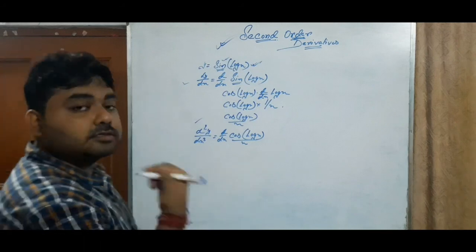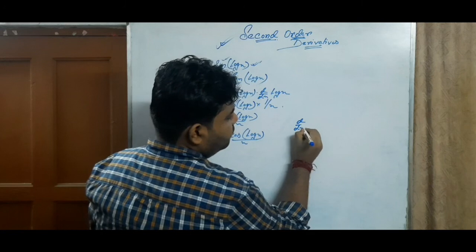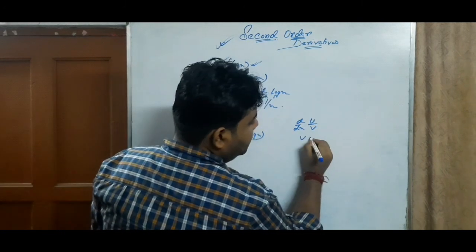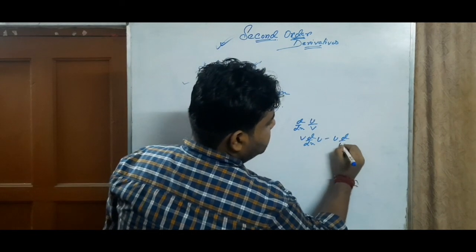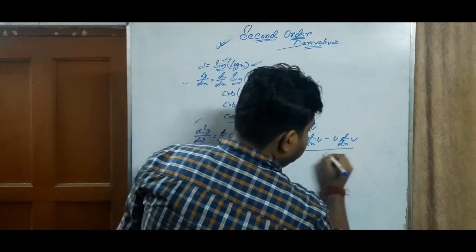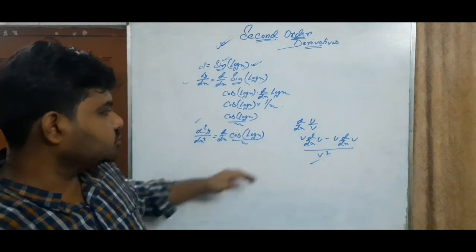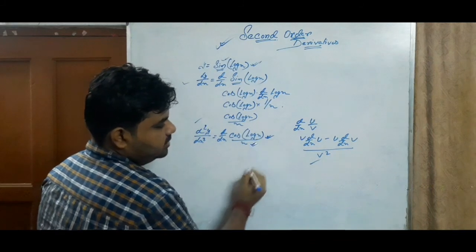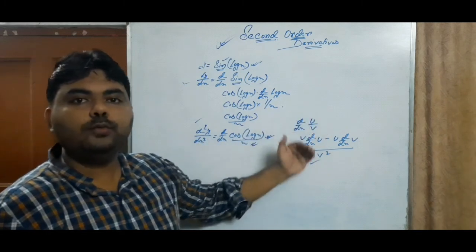Okay, what is quotient rule? Quotient rule means that is d dx of u by v, that is v d dx of u minus u d dx of v by v square. This is the quotient rule. We will apply this rule because two functions are there, one in the numerator and the other in the denominator. That is the quotient u by v.